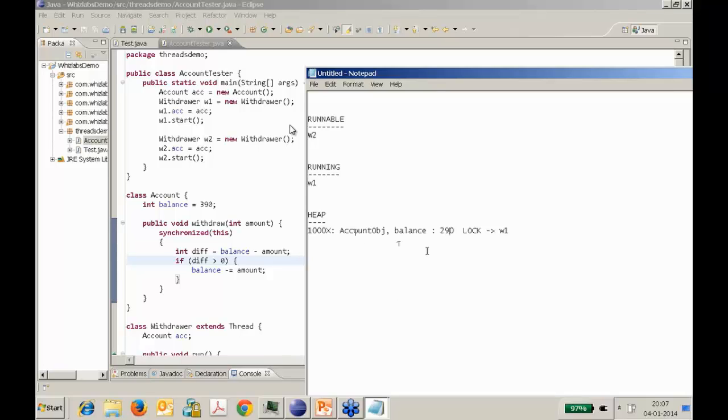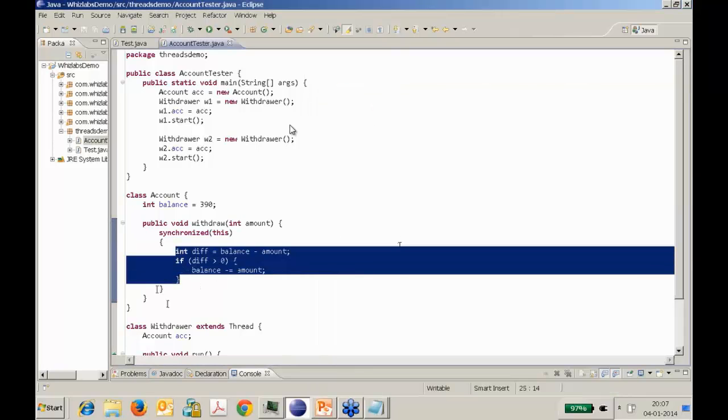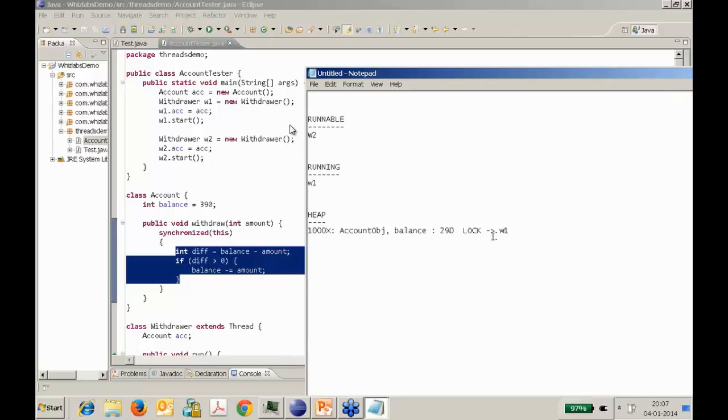Now, when it has executed all these things and it comes out of the synchronized block, W1 will of course release this lock as well, right? Now it comes for the second iteration because of the for loop, and during the second iteration again it occupies a lock. It changes balance to 190, right? And again it releases the lock, because the synchronized block is finished for that iteration. Now, when it comes for the third iteration, again it occupies the lock. Lock is with W1. Now it calculates the diff. Diff will come out to be 90, just like earlier,